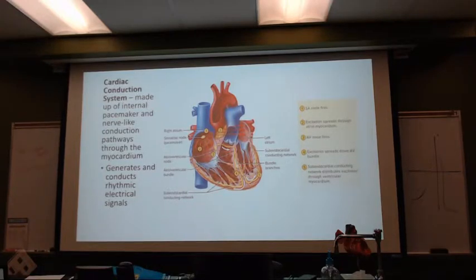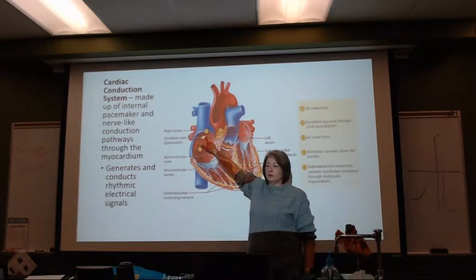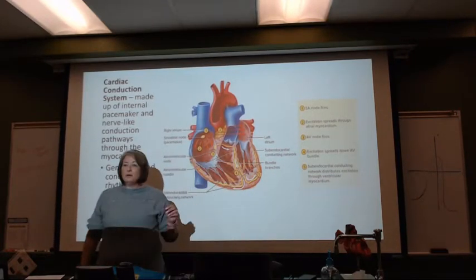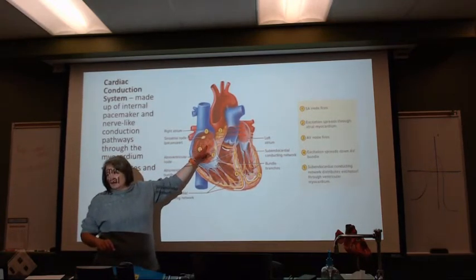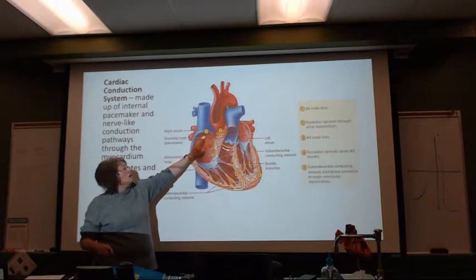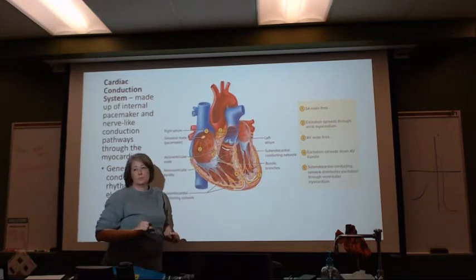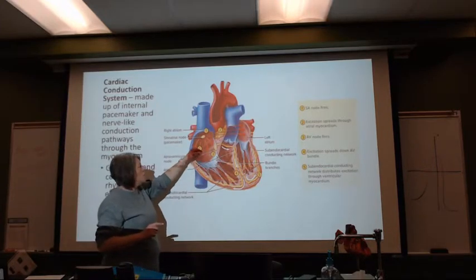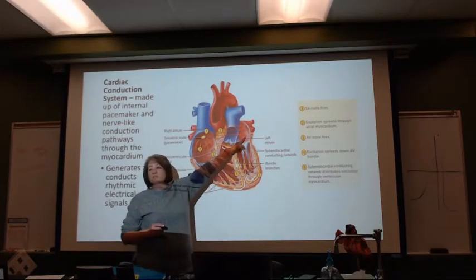The pacemaker of the heart is my sinoatrial node, located in the right atrium. When the sinoatrial node fires, watch the arrows, okay? We have impulses that travel down and across. So when the sinoatrial node fires, it sends an impulse down and through the right atrium and across to the